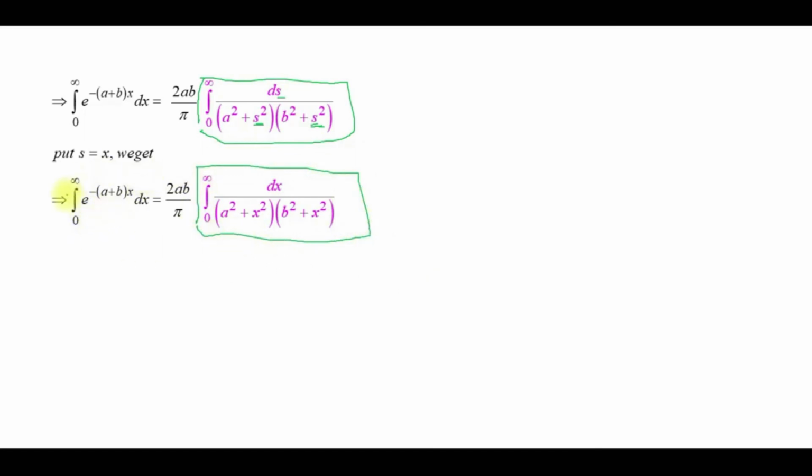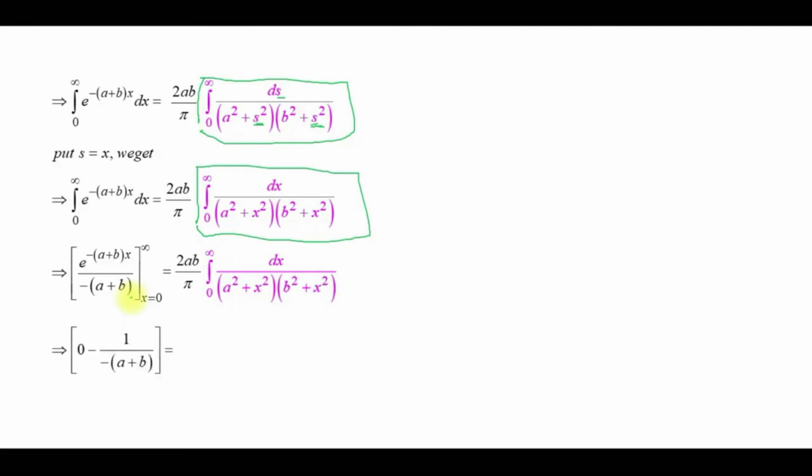So the integration of this one is e power minus of (a plus b)x divided by minus of (a plus b), with limits 0 to infinity, which is equal to 2ab by pi times this term. So you know e power minus infinity is 0, so the upper limit is 0 minus the lower limit. When x equals 0, anything power 0 is 1. So 1 divided by minus of (a plus b), minus of minus 1 divided by a plus b, which is equal to 2ab by pi times this term. This minus into minus is plus,